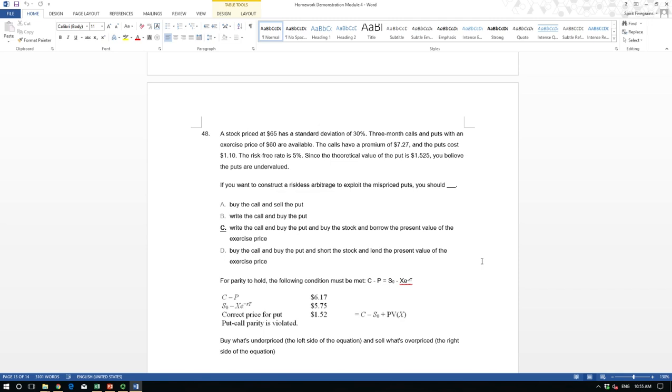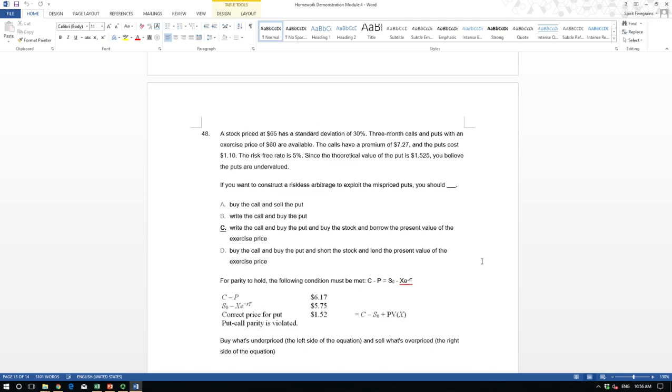Right? How to capture that? So here you apply an arbitrage strategy. Arbitrage requires you to take long and short positions simultaneously. You buy low, sell high simultaneously. So here, where's the low? Stock price minus the present value of the strike price. You buy on this side and you sell C minus P. So selling C minus P means you sell a call option, and minus P means you buy a put option. That's what you do.